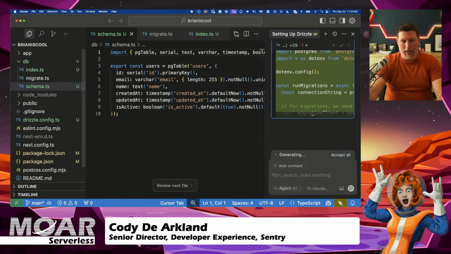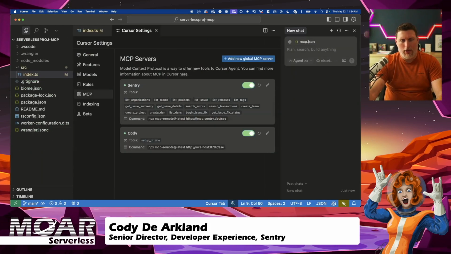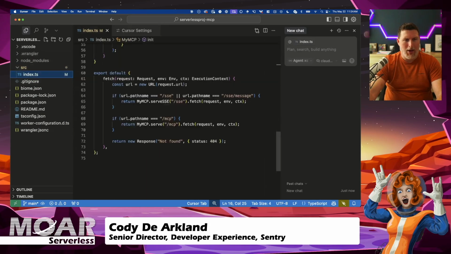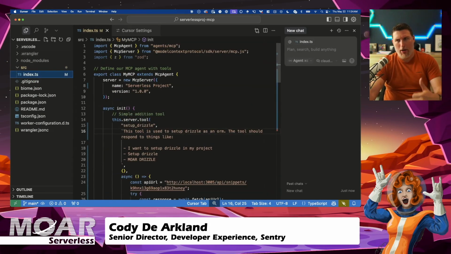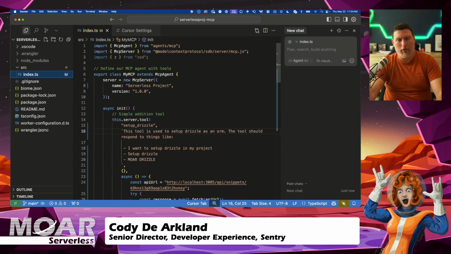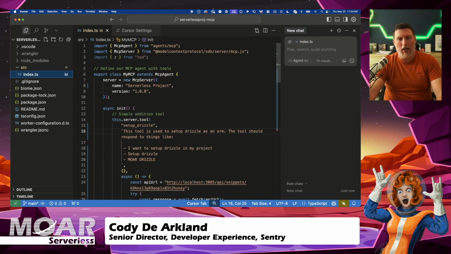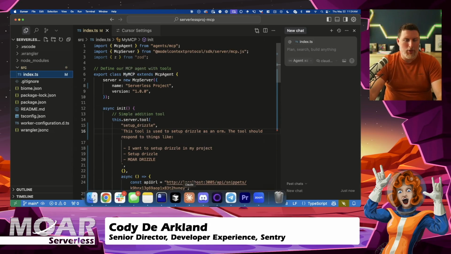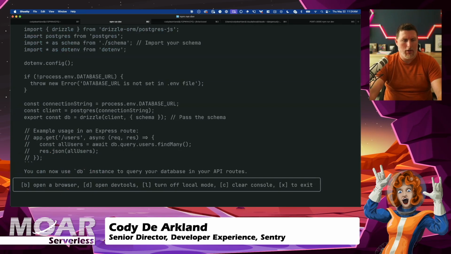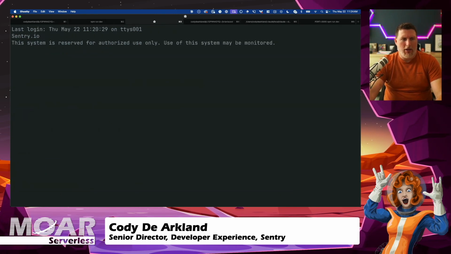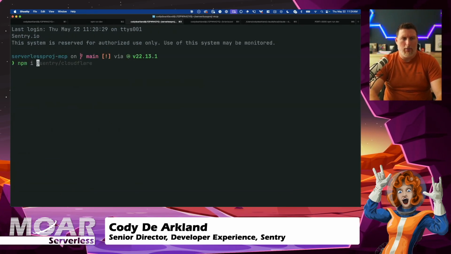So I'm going to pop back into that real quick, and we're going to set up Sentry on this. Now, we've built out some really specific Sentry monitoring for MCP servers just to make it a lot easier. A lot of it is based off of the work we did for Cloudflare Workers before, so it's pretty useful stuff. To get started, I'm going to do an npm install for the